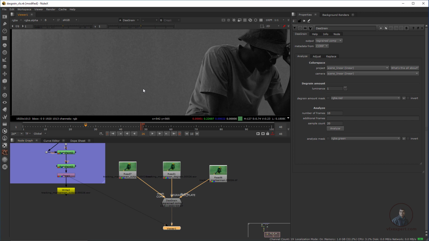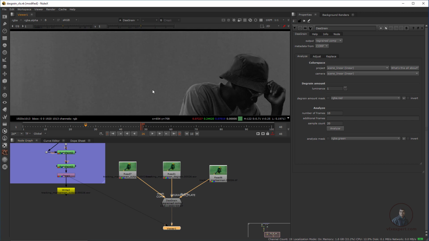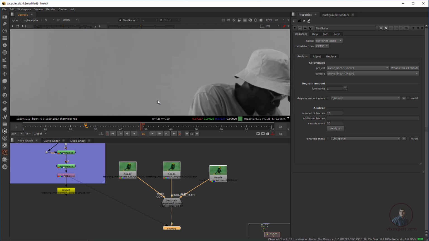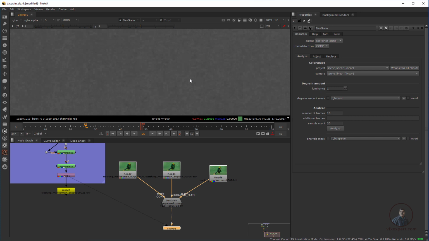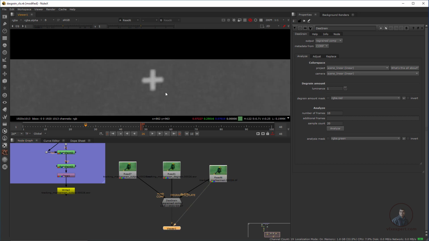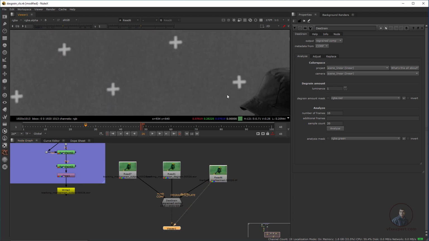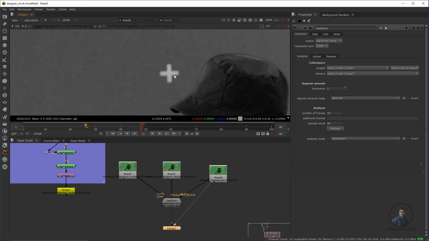Now after this, what we have to do is check all these grains in all channels. In red, green, blue, maybe in the blue channel I am getting a little bit of a problem. So you can see maybe this one. Now just unplug this one, and select this original plate, press 1. Now we can see 1 and 2, so we can compare. This is our original plate here, and press 2.